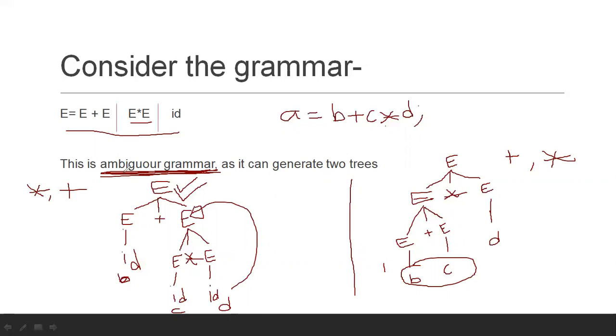Now, how can we remove this ambiguity? Means a grammar must derive only one tree. Means a grammar must derive only one meaning. One meaning means one tree. One tree means unambiguous grammar. So let us see on the next slide